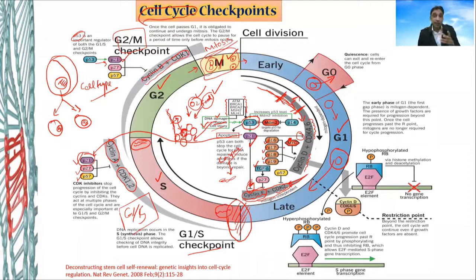If the cells are dividing very fast, we can assume the cells are getting a lot of food and oxygen and no injury and no DNA damage, no DNA damage repair pathway activated, no P53, no P21. And so are the other things. The cell might be having a lot of cyclins. So whatever things are stopping the cyclins are not there. You can guess in the cellular system that one cyclin is present here, another cyclin is present there, and another cyclin is present there. So the things which can block those cyclins are not there.